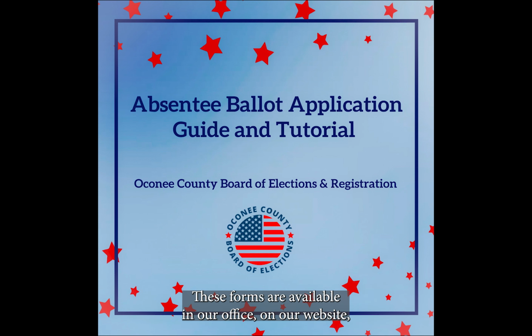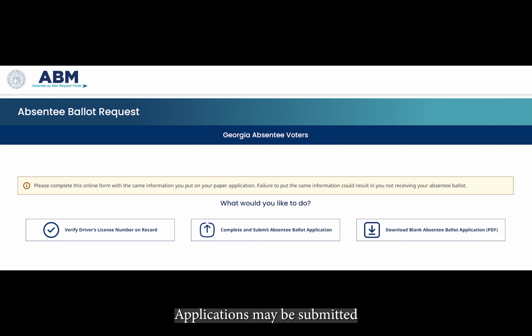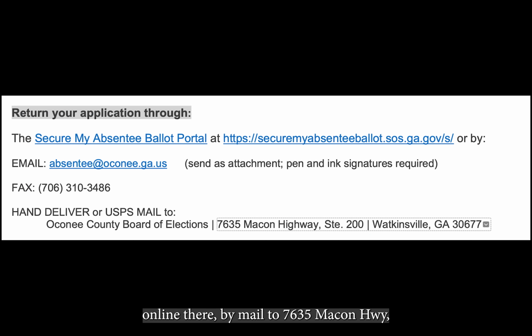by mail. These forms are available in our office, on our website, or on the Secretary of State's Secure My Absentee Ballot portal website at securemyabsenteeballot.sos.ga.gov. Applications may be submitted online there, by mail to 7635 Macon Highway, Suite 200, Watkinsville, Georgia 30677, emailed to absentee@oconee.ga.us, by fax to